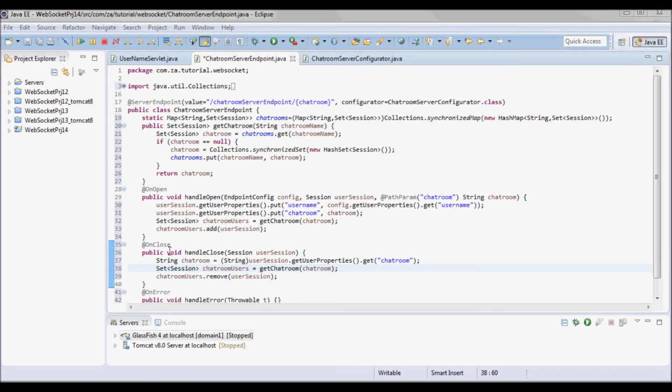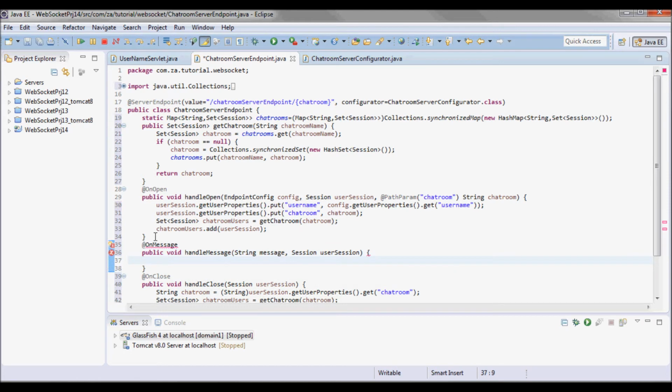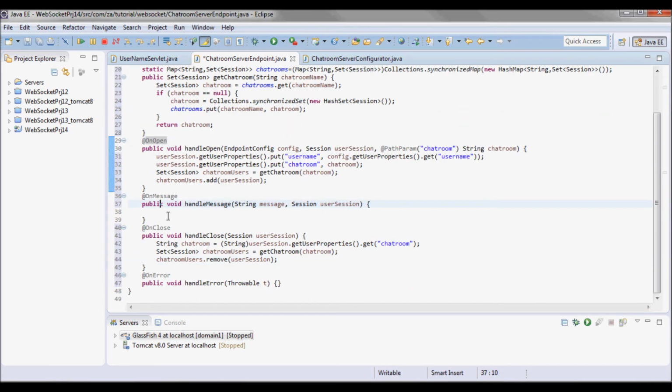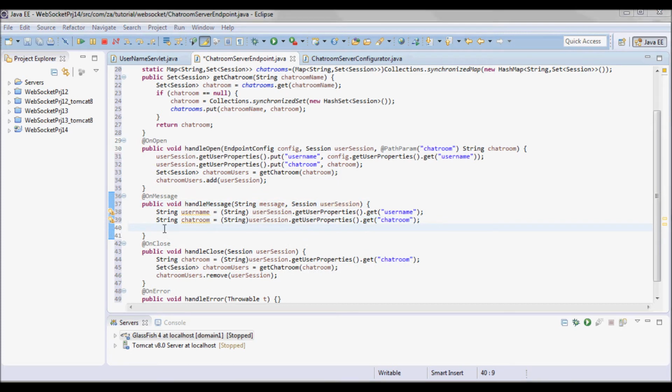And we'll also have a method annotated with the onMessage annotation, and here I'll pick up the username and the chat room name from the user session, from this session, and I'll pick up the set of users in that chat room.